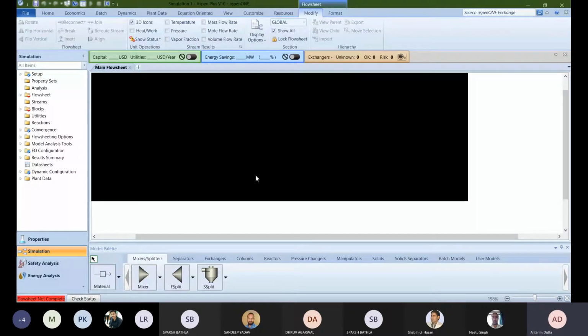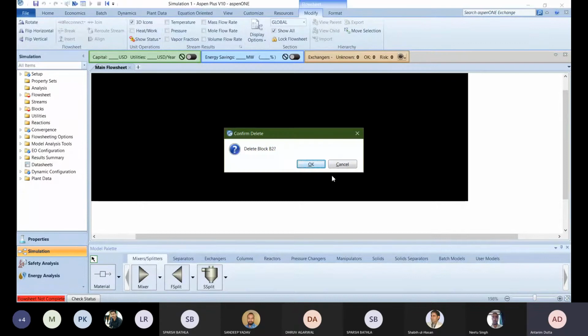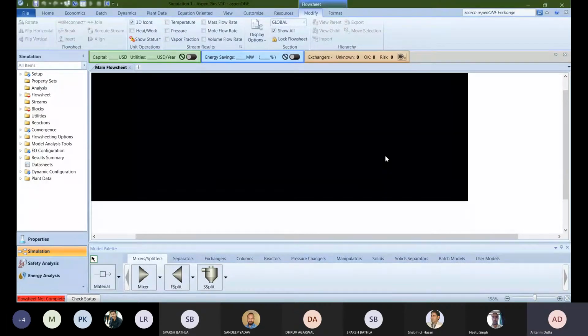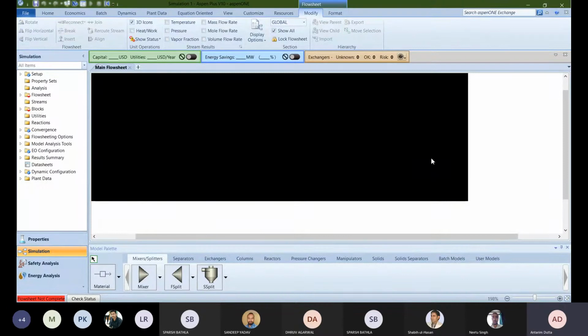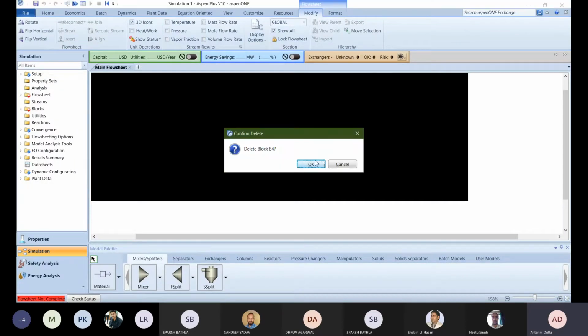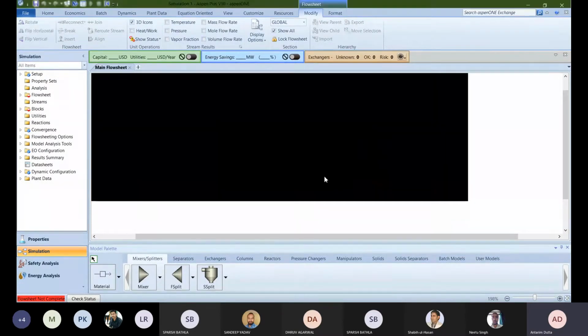area. Okay, for the extra models which I inserted by mistake, I have to click on them with the left button and just press the delete button. I will click delete, and I will click okay. So all the models which are not required, I will be deleting.